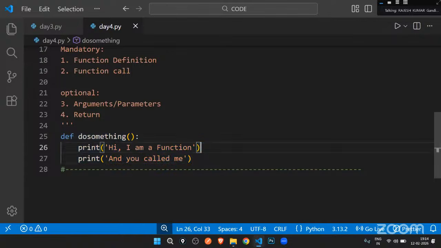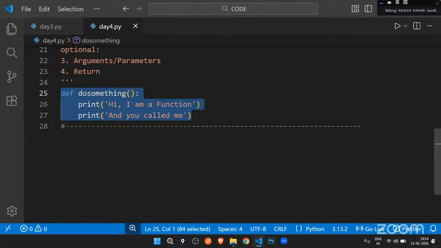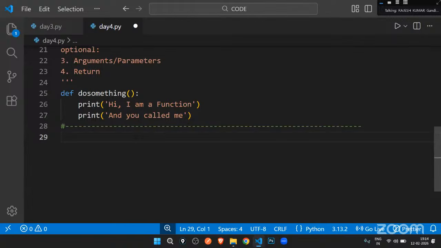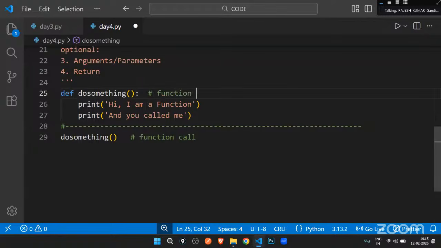So this is a function. This is a piece of code that I have separated. I have given a name to it. Now, whenever I want to execute it, I just need to call it by its name. So what's the name of it? do_something. How to identify it? Through the name identifier. The name of the function is do_something. Just call the function, open and close parentheses. This is what we call a function call. And this is what we call the function definition, or particularly this first line is what we call the function header. The body of the function and the function header, all of it, that's what we call the function definition. Done.